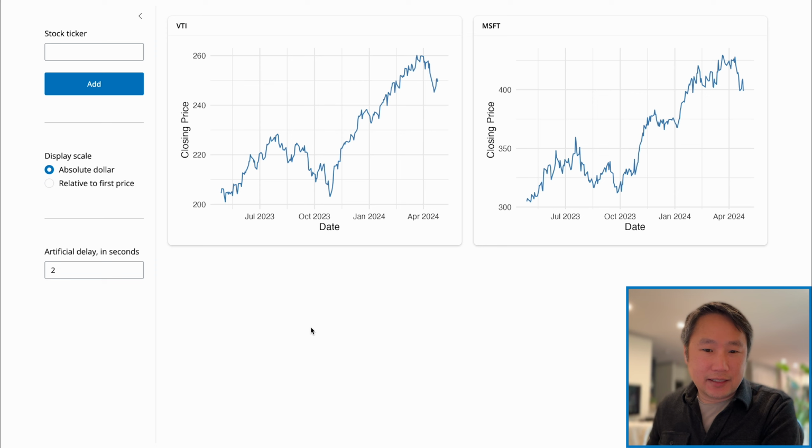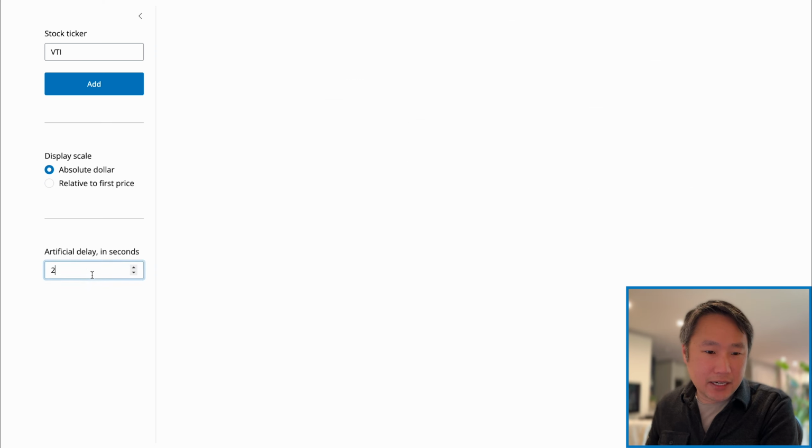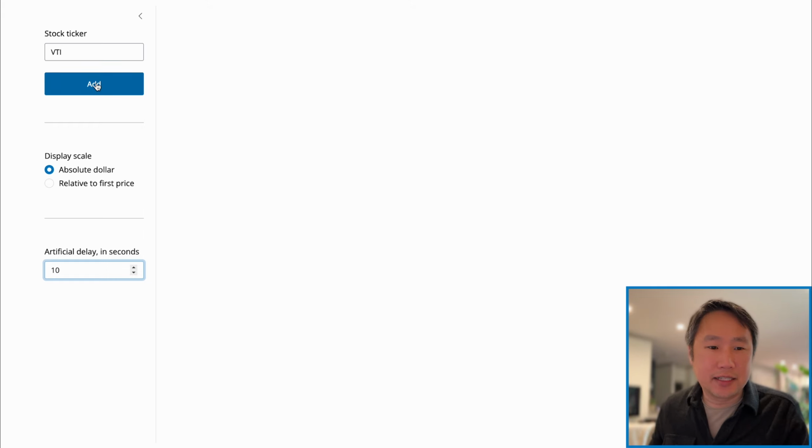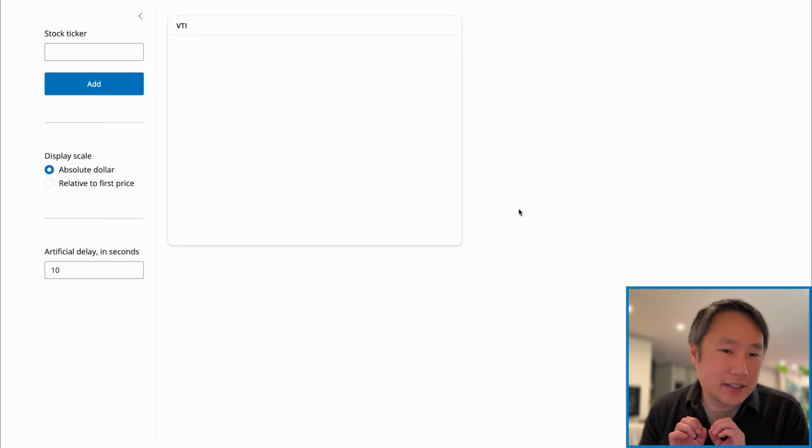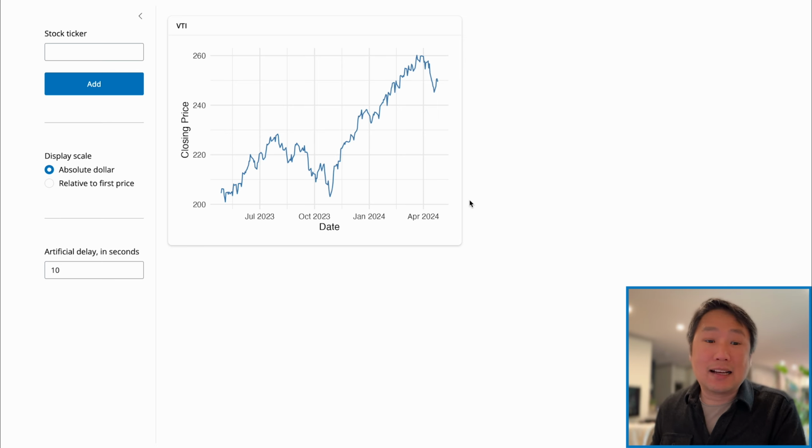Now, this code is actually not that slow, so we are going to make it a little bit slower with this numeric input here. I can just tell it how slow to make it, simulating some operation that's very slow. So if I do this, it's now going to take 10 seconds for this plot to appear. Now, unfortunately, because R is single-threaded, there is no way for us to do anything else while we're busy calculating this, whatever this operation is that fetches the data and shows the plot.